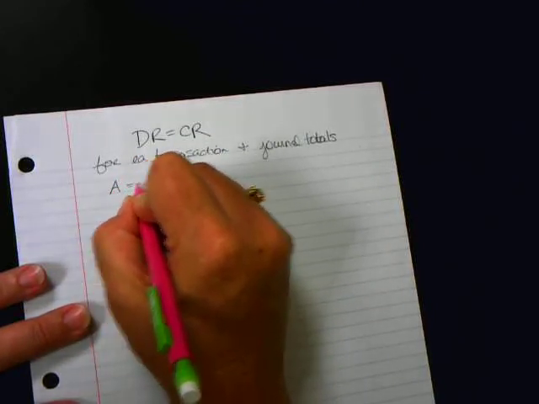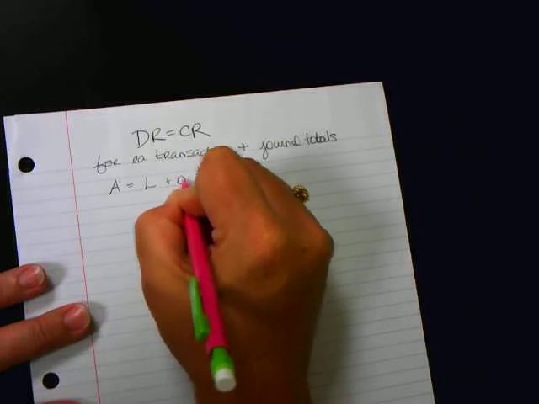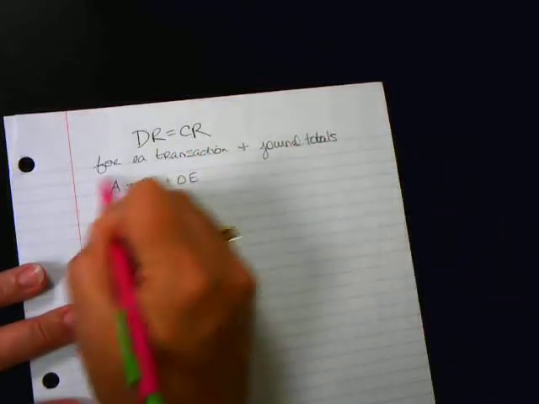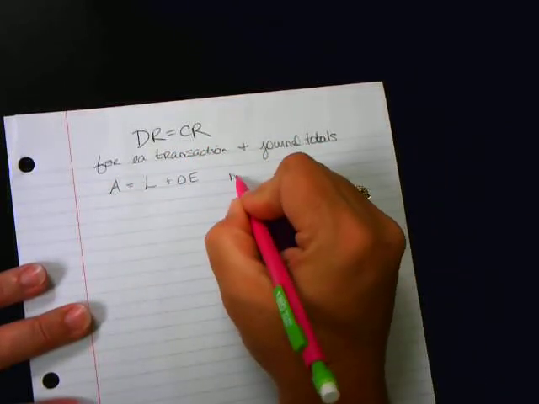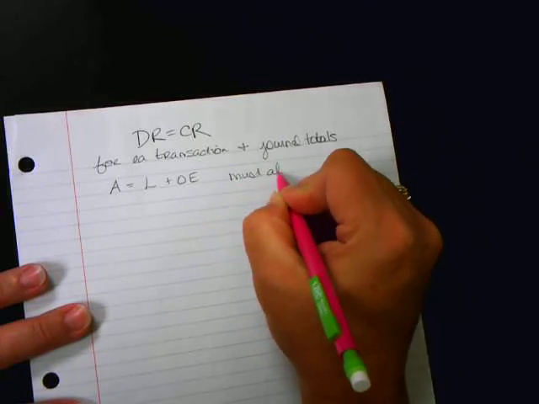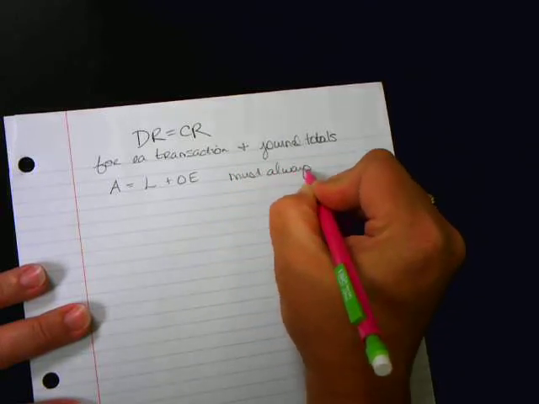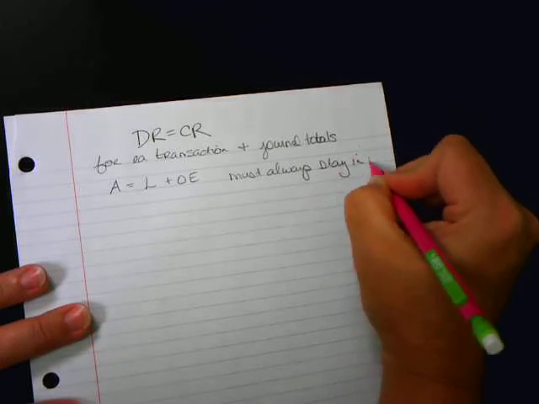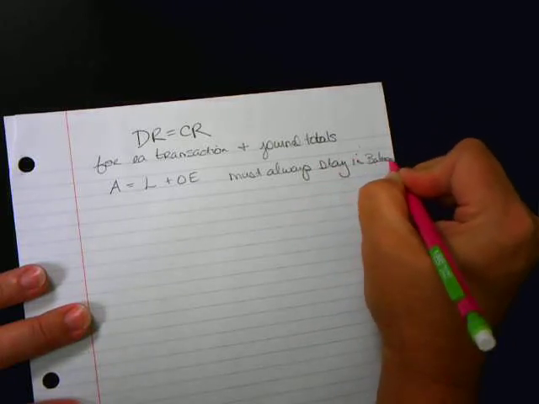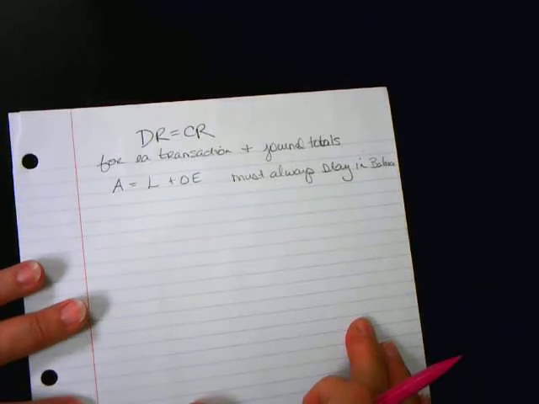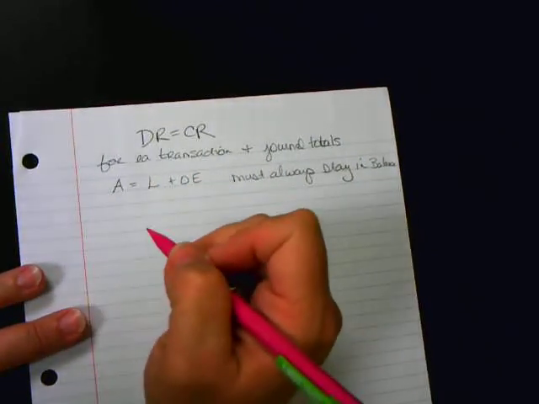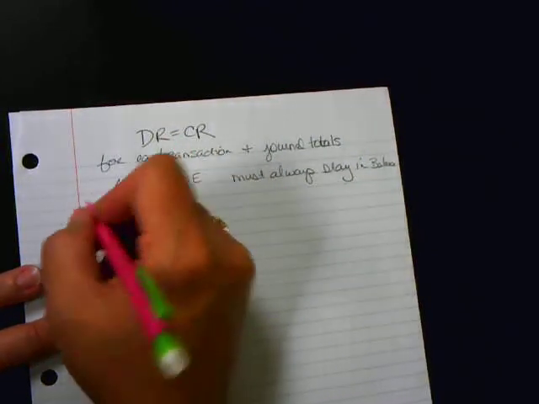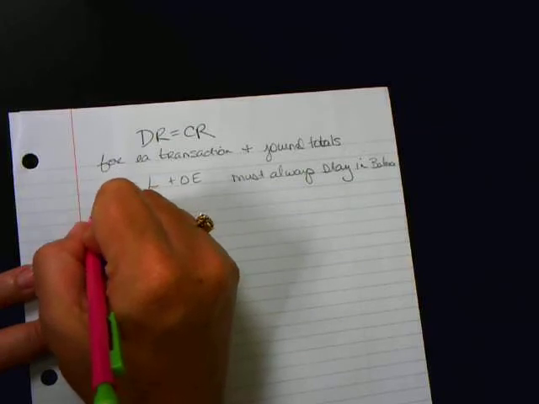assets equals liability plus owner's equity. Now remember, this must always stay in balance. Okay, that's super important that we focus on that. Okay, and then just to remember,